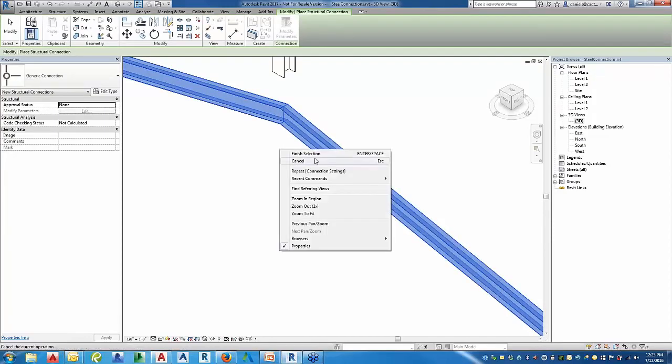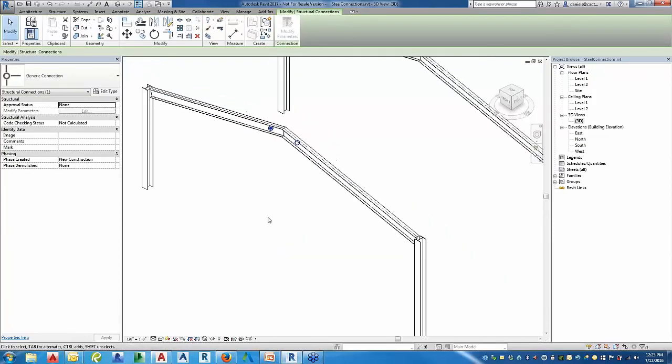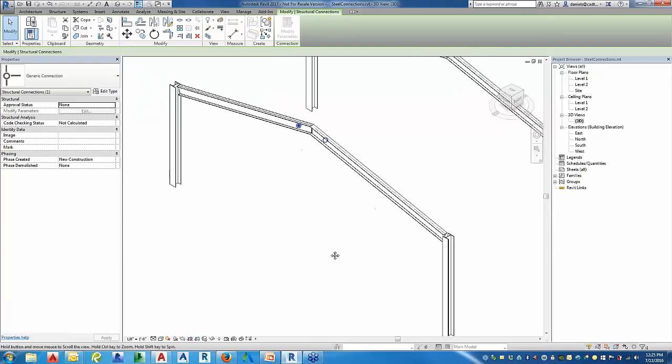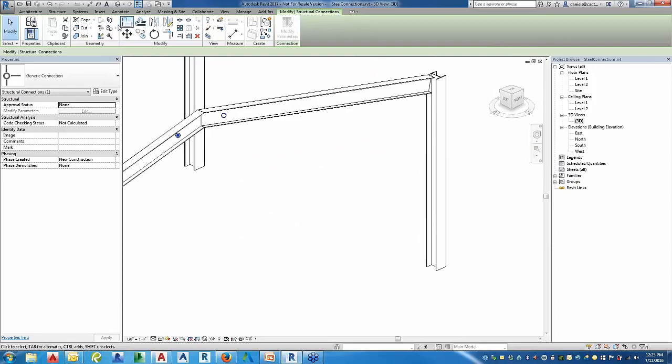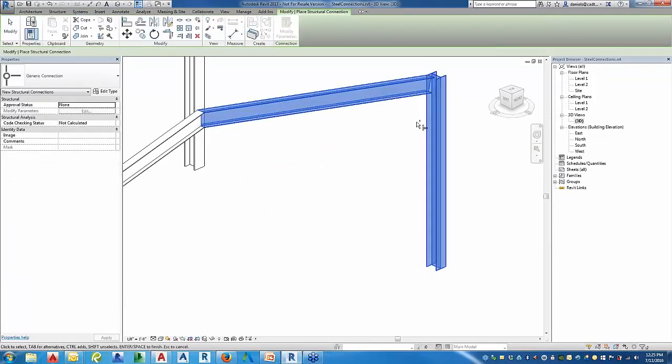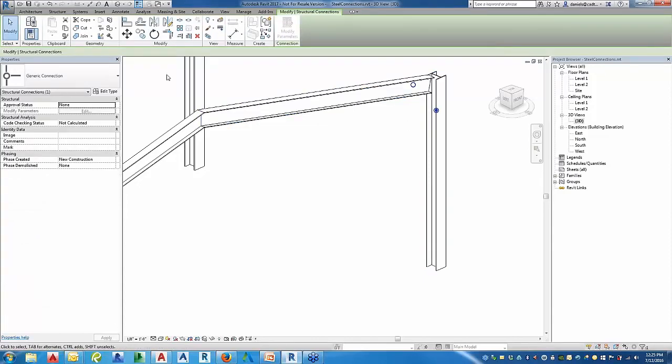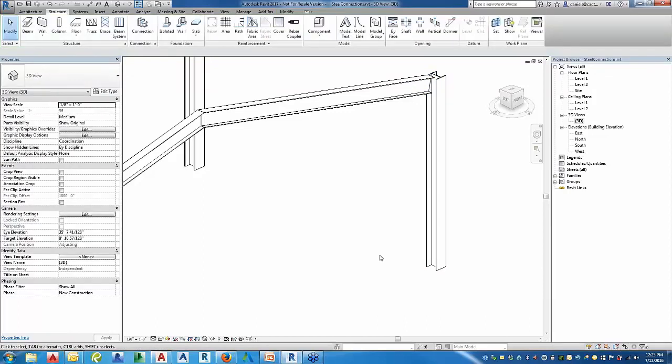Select that, finish selection, and just for demonstration I'll do the same thing over here on this side as well. So again, connection, select both of your members, hold the control key down, enter, and I'll do it one more time for this. Okay, so